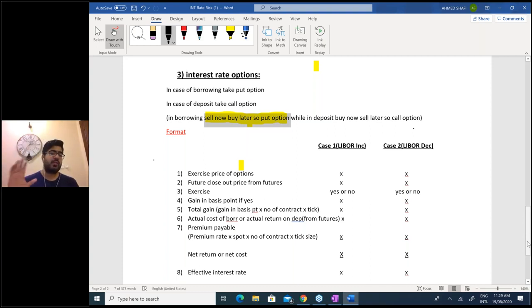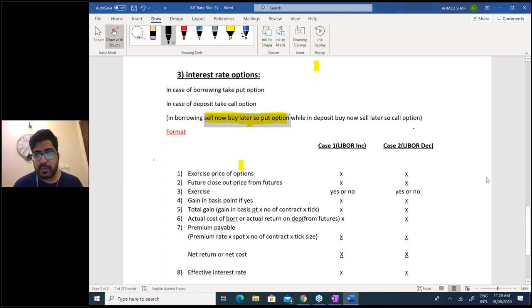Again, the question won't ask you any specific technique. The question will only ask you to recommend the best technique, and to recommend the best technique, you have to solve all 3 and then decide which is the best one. Like in yesterday's question, the question didn't ask for any specific technique. The question only asked you to recommend the best one. I solved all 3, futures, options, and forwards, and then decided. Same here, it will ask you to recommend an appropriate strategy. You need to solve all 3 and then decide which is the best one.